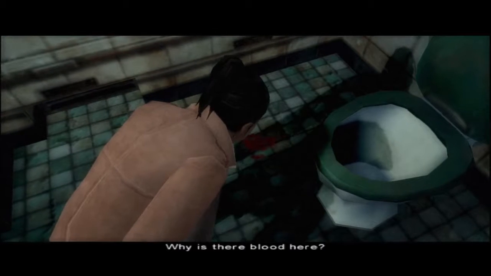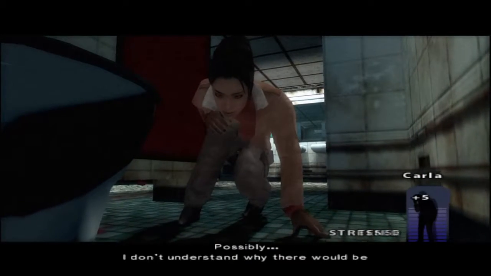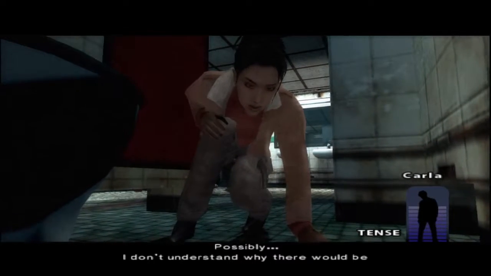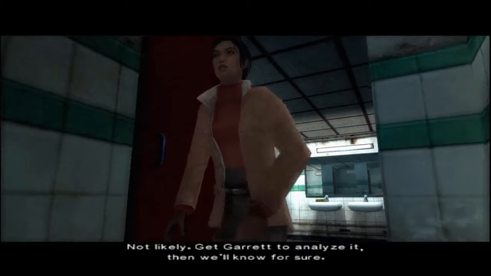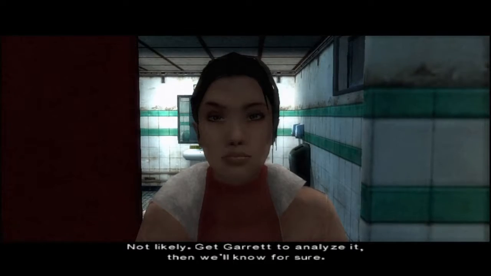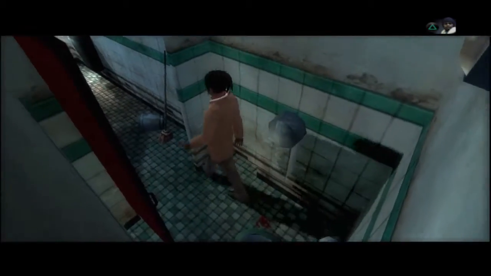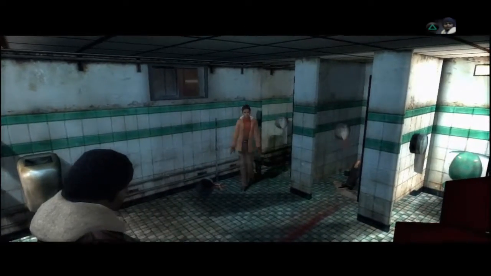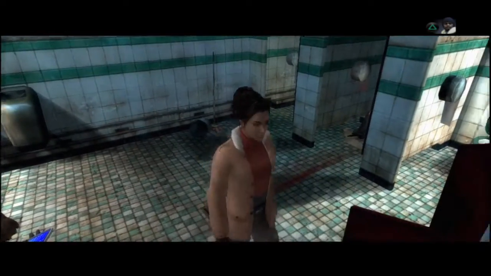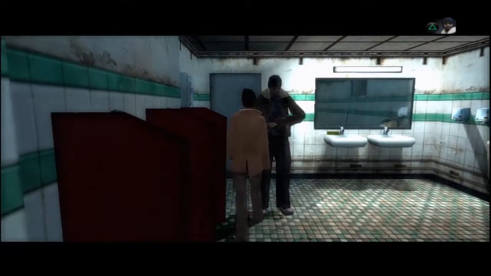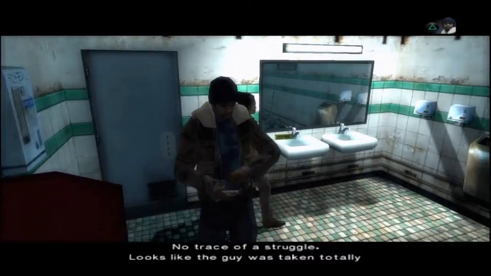Why is there blood here? Did you find anything? Possibly. I don't understand why there would be blood here. Maybe it belongs to the victim. Not likely. Get Garrett to analyze it, then we'll know for sure. No trace of a struggle.